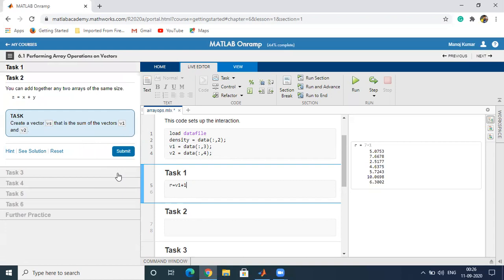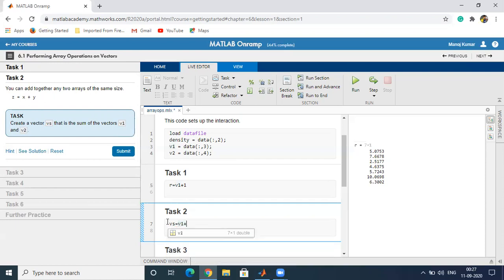Next, we have to create a vector vs which contains the sum of the vectors v1 and v2. The vector v1 and the vector v2 are of the same dimension, so we can add v1 plus v2 to get a vector quantity.